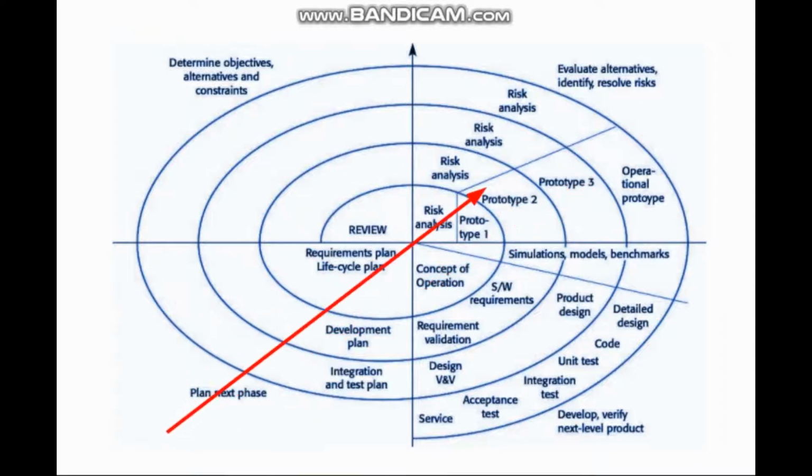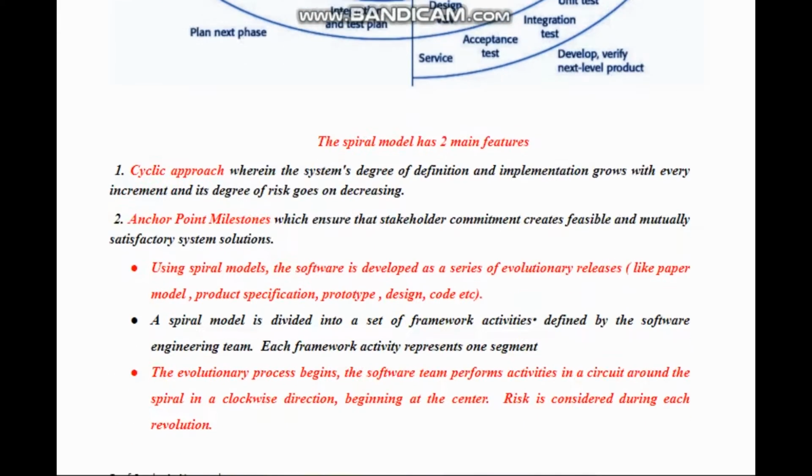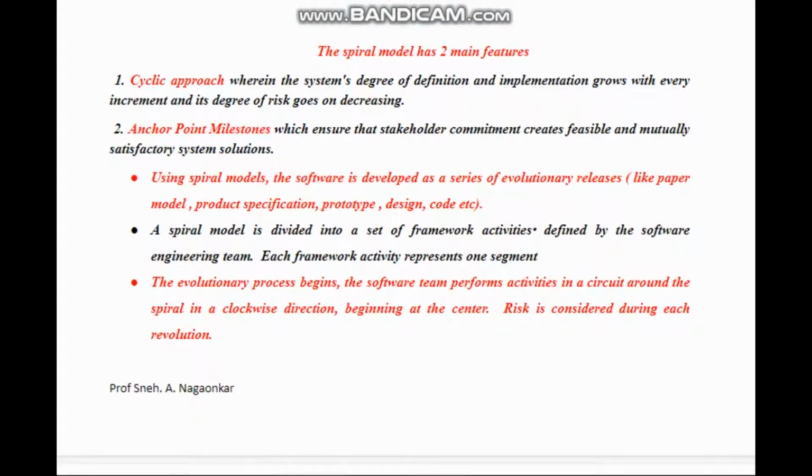Each of the loops will resolve some risk. In the first loop some risk factors are resolved and it will give us the second phase. In the second phase we find that some risks are resolved and there is growth in the product development. So each angular quadrant tells us about the growth of our software product. Fine. So in examination you can just go through this diagram. Now, a bit more explanation about that.